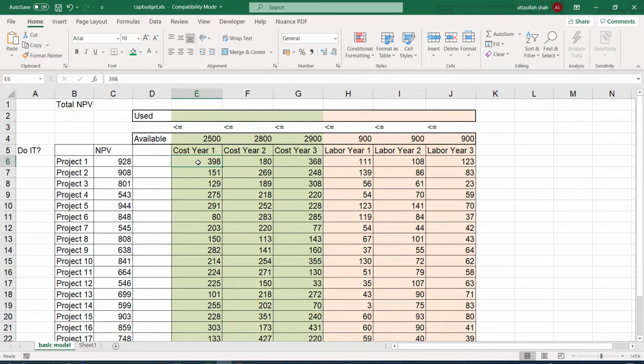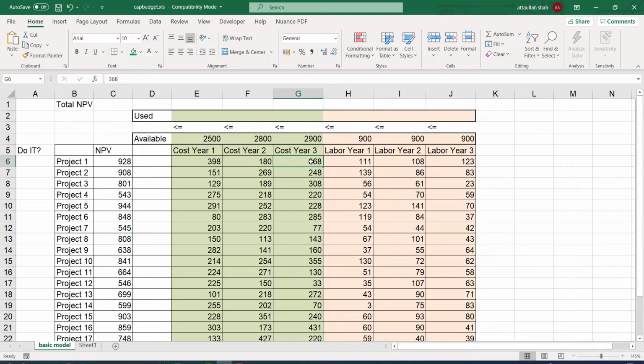So for example, project 1 has a cost of 398 in the first year of its start, then it has 180 in the second year and 368 in the third year.